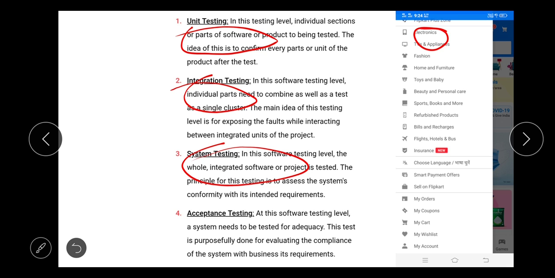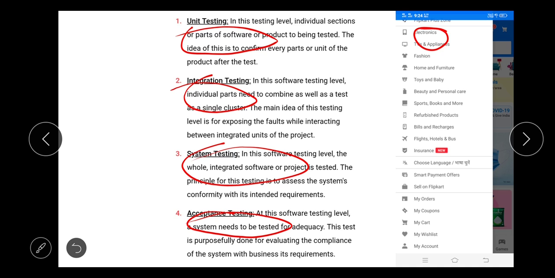Then after completing the system testing, the last level of testing is acceptance testing. Acceptance testing means it is the end of the testing.